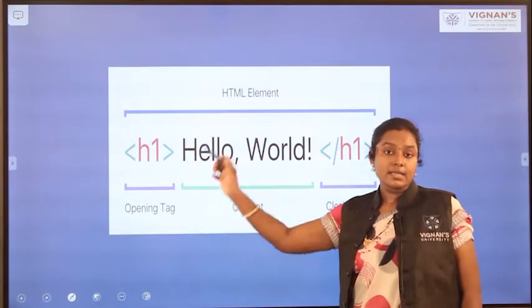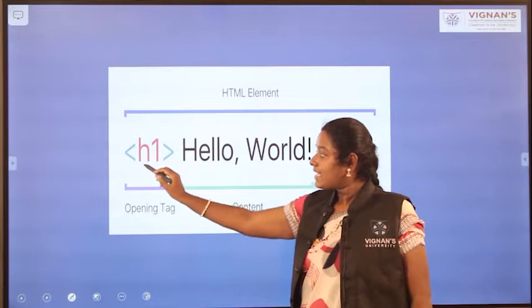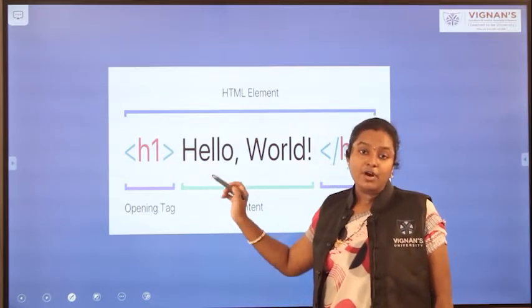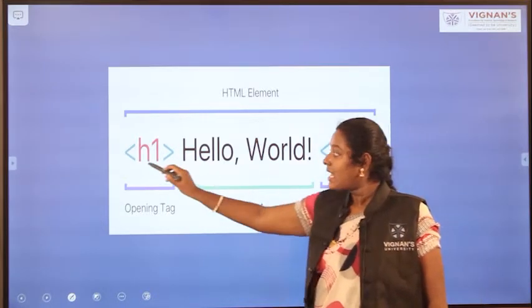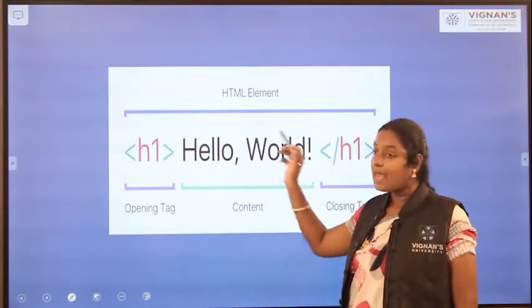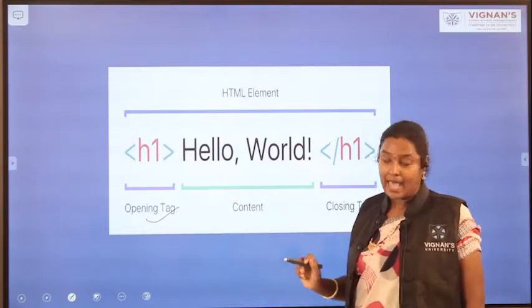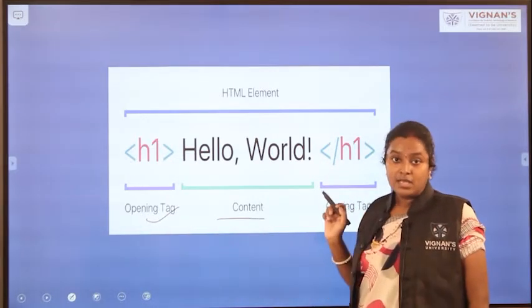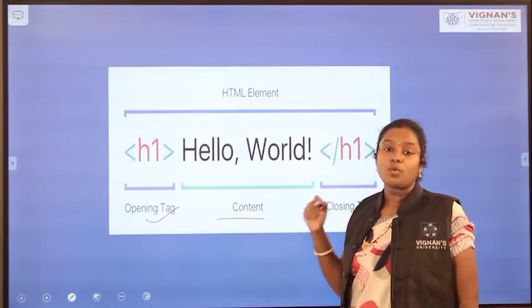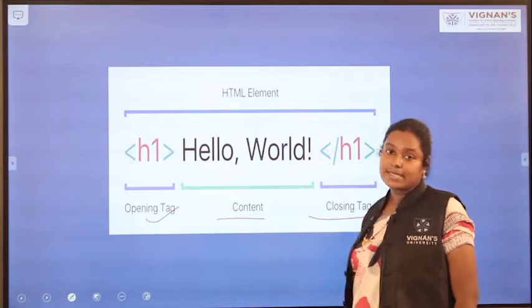If you see in this image, you are seeing an H1 tag. As I already told, the tag name is written inside the angular brackets. So every tag will have three parts. The first part is the opening tag followed by the content, the content to which you want to apply the corresponding properties, and next the closing tag.